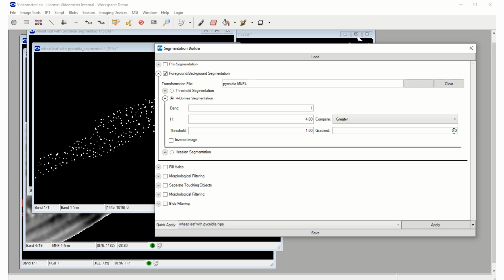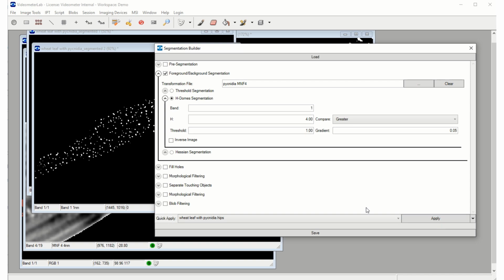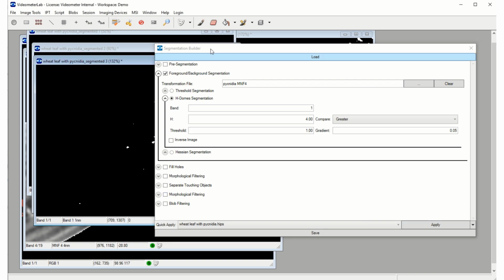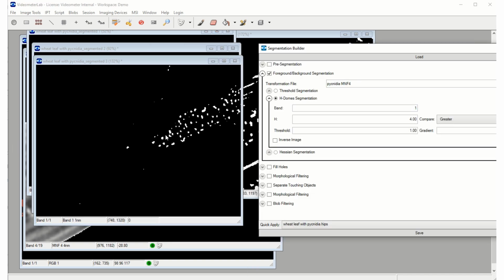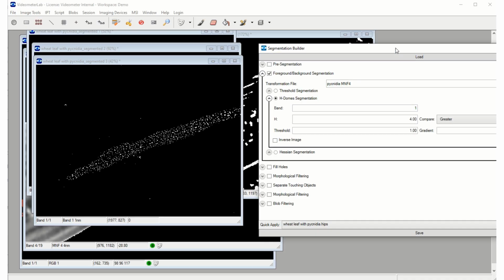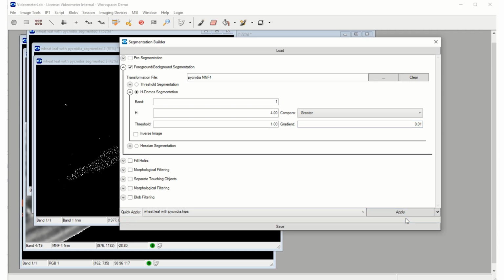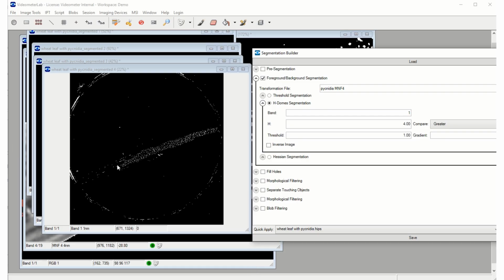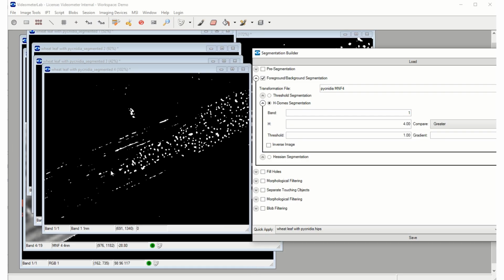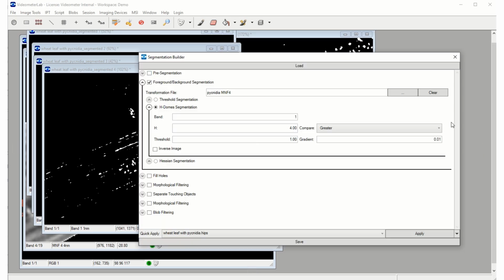We could also try something lower than 0.1, 0.05, and apply that, and that seems also to be a viable choice. If we go even lower, 0.01, then we will not get the necessary suppression of the ridges. So let's go back to 0.1 here and choose that as our